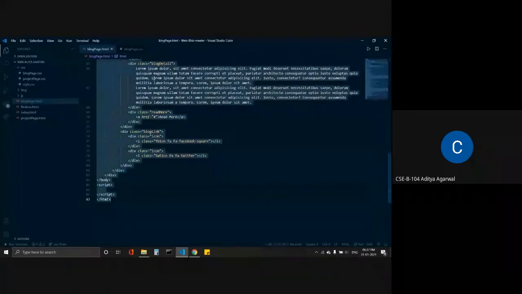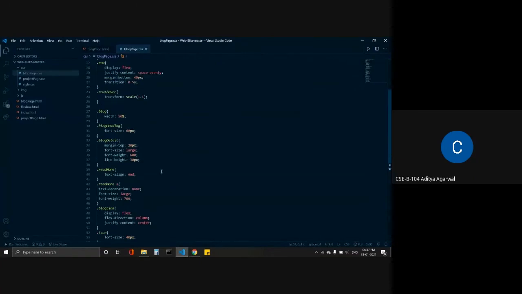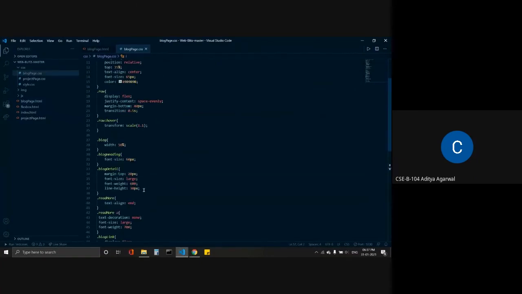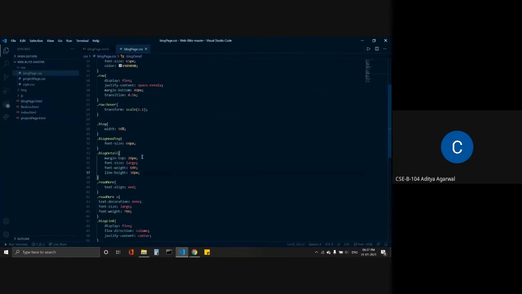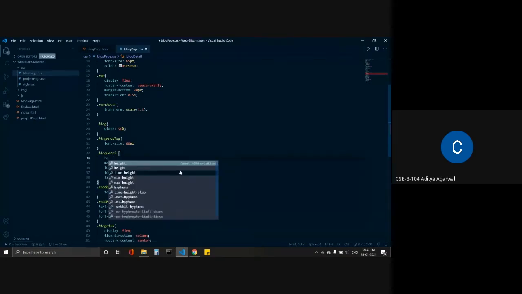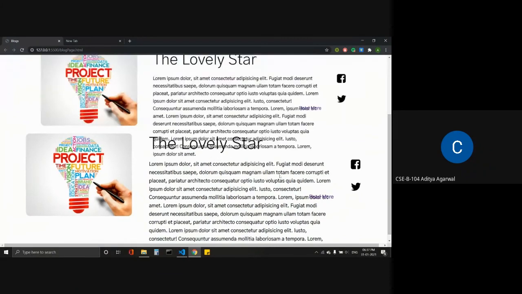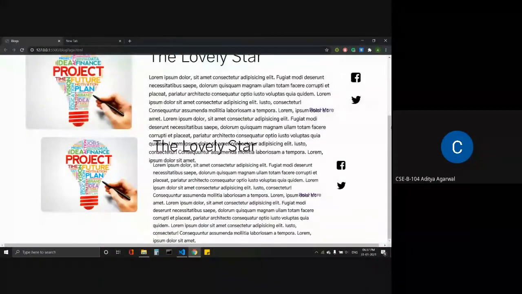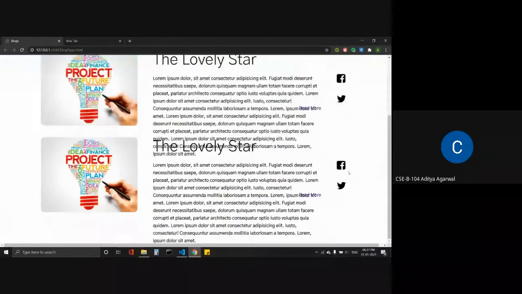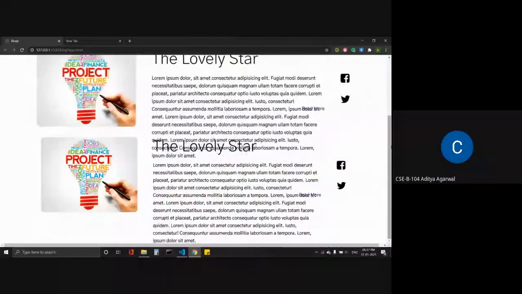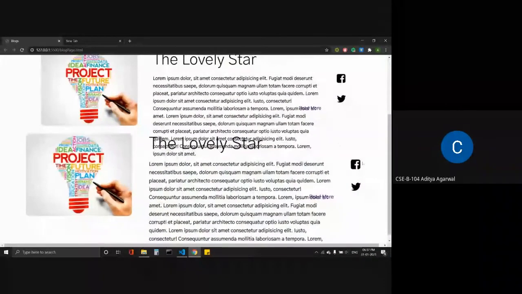For that, let's see where it is. Block details. I will assign a particular height to the block details. Let it be height 120 pixels. Okay, see, the height is fixed at 120 pixels, but the text is still overflowing and now overlapping on the second row.